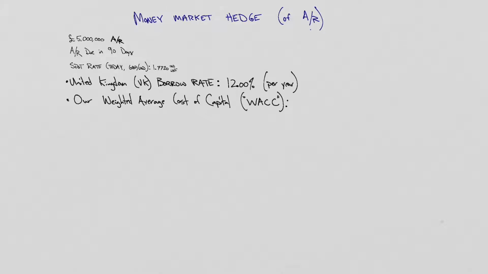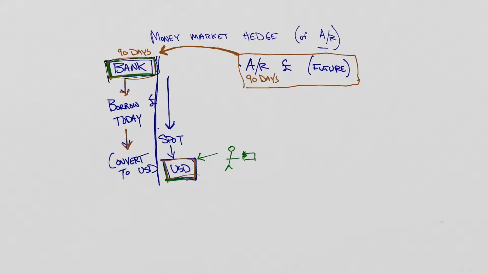And that our weighted average cost of capital is 10% per year. And this weighted average cost of capital thing here, that's here because we get this money today when we borrow from the bank, and then we get to go and do stuff with it for 90 days, something productive. And so whenever we make an investment, whenever we invest in anything as a company, we have to consider the weighted average capital, because we want to, it's sort of like,